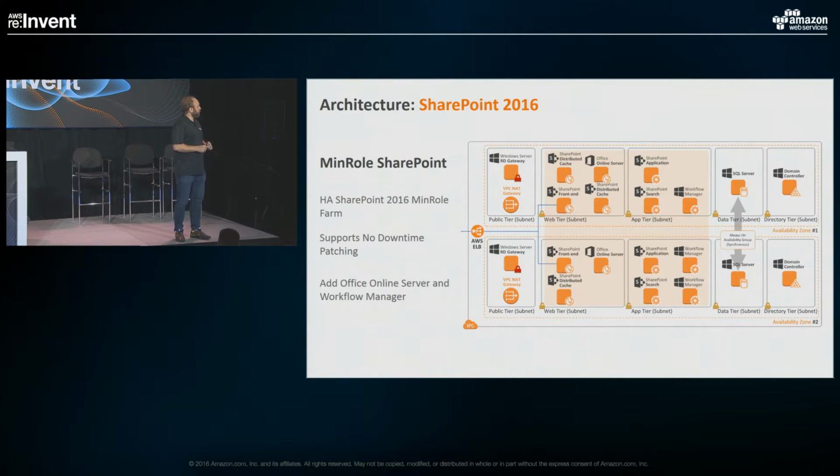However, an important thing to understand with the Office Online Server is that it is a separate SharePoint farm on its own. So it's configured as an additional farm to the farm that you're already running. For those of you that have been running it before, you'll know that particular fact. Office Online Server can also be load balanced, which is great, and you could actually use two of them for the actual